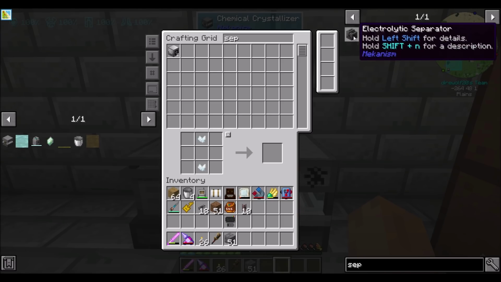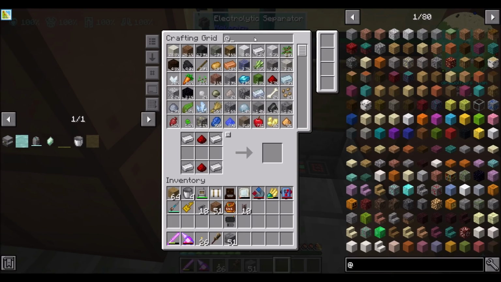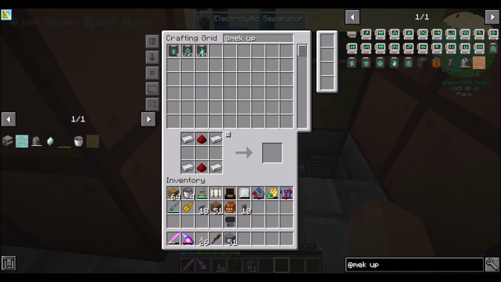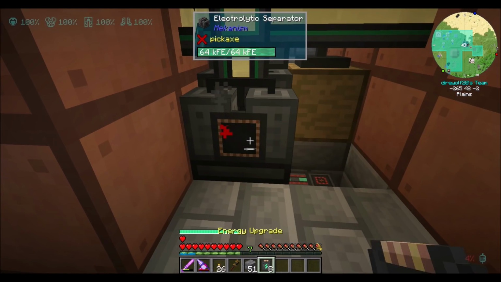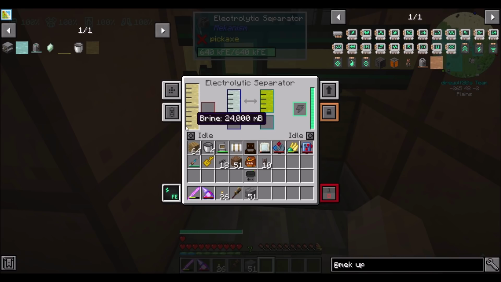And then what we're going to want is probably that. That's cool. So you're brine, right? And mechanism upgrades. Let's get another 32, and another 32. And that should be cool. I'd like you guys to be making the speed upgrades now. There we go. Sweet. So now we've got chlorine and we've got sodium. Sodium I don't think I need at the moment, but I might at some point, and if I do, we'll deal with it. So I'm going to dump excess sodium, and we will keep the chlorine that